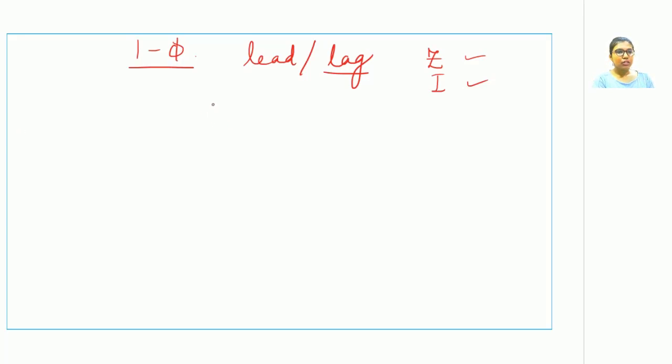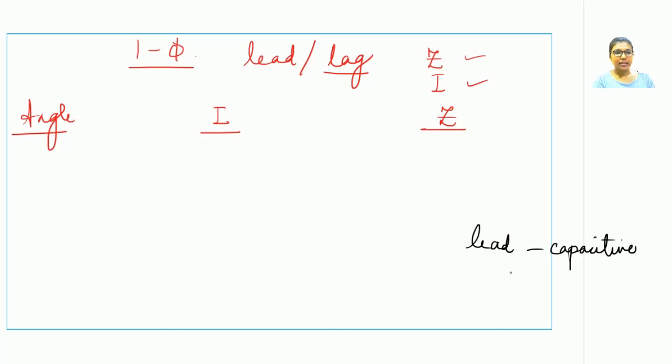So let me make a column. The first column represents the current, the second column will represent the impedance. We will take into account the representation of angles, whether those angles were coming out to be positive or negative, for a lead or a lag circuit. Now one is already aware of this thing, that if it is a lead, then it is capacitive in nature, and if it's a lag, then it's inductive in nature. So let me write here lag, and this is lead.